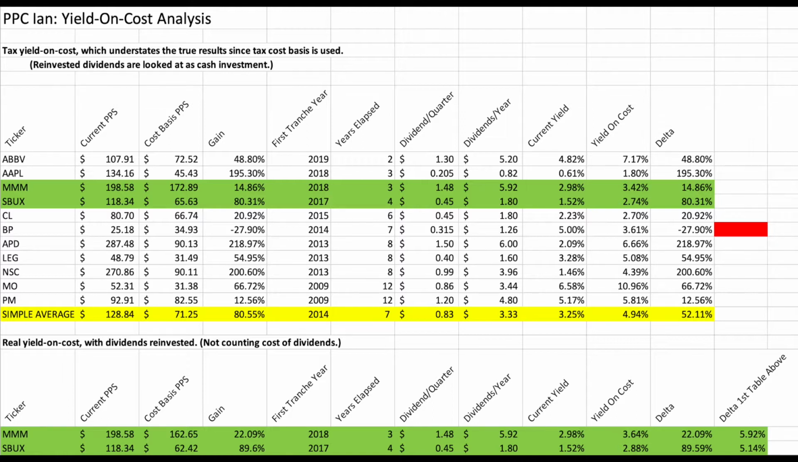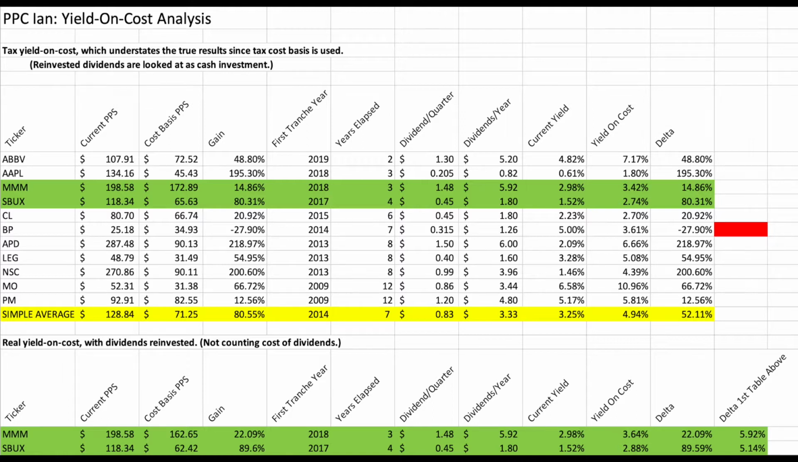Now, at the bottom of the table in yellow, you'll see I do a simple average on everything just to give a flavor of, well, what's possible overall averaged out. But yeah, I've got a loser in there. Next one is a clear winner, Air Products and Chemicals. This is, I would say, what people really talk about when they talk about dividend growth investing. I've been in it for 8 years. I'm up 218%. And the stock only yields right now just over 2%, but I'm yielding 6.66%,